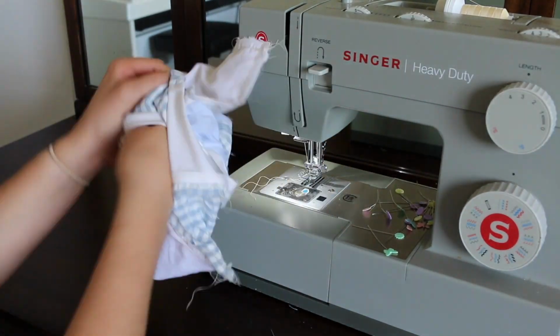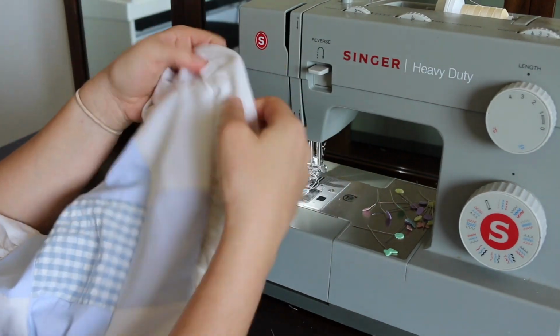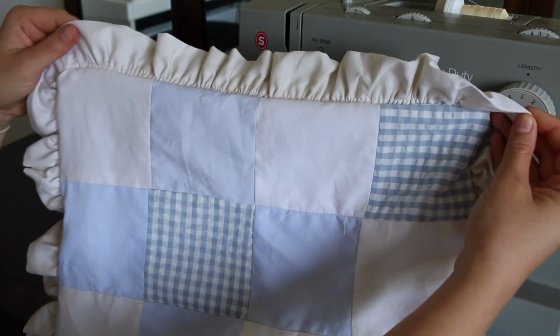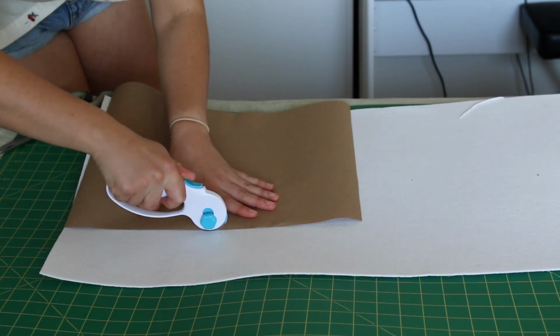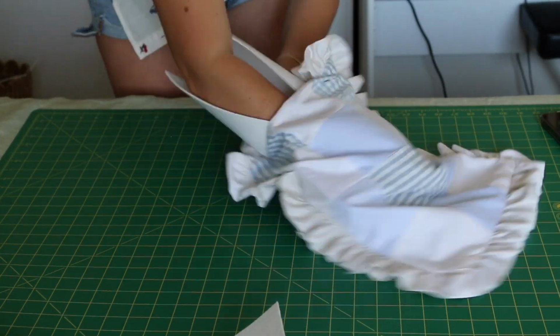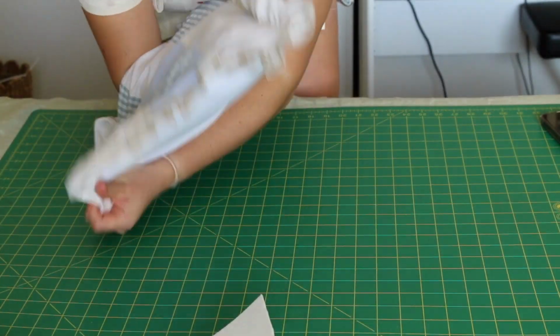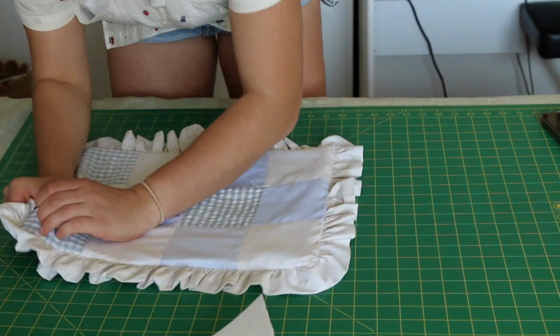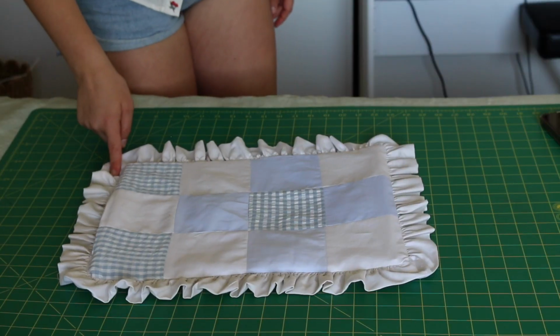Once you've finished sewing, go ahead and turn it right side out, really pulling on the ruffles in the corners to make them look nice, and then cut out a hard piece of interfacing. Make this about 1 centimeter smaller than the placemat all the way around and insert it into the placemat through the hole that we left open. The interfacing is optional, but it definitely gives it a more professional look. Just close up this open edge with hand stitching. Here we are,